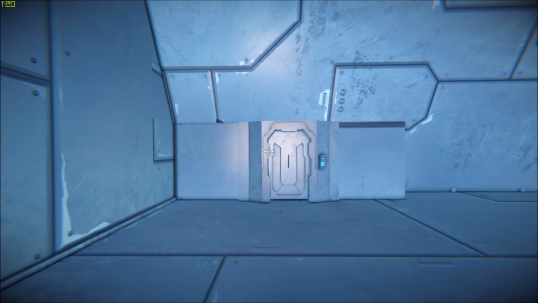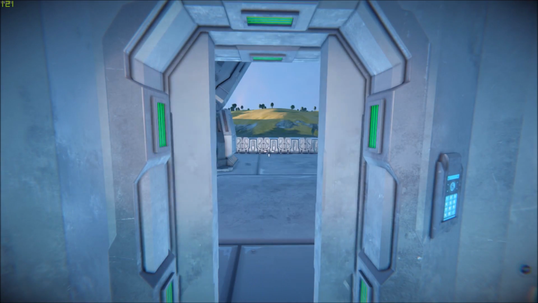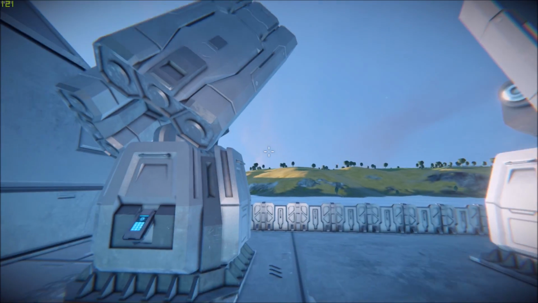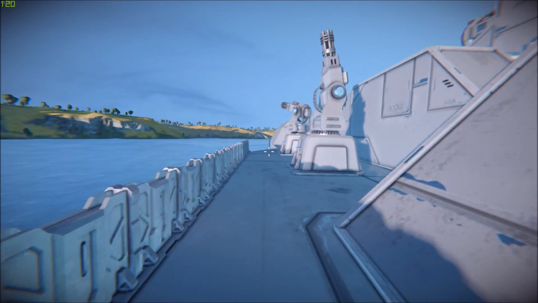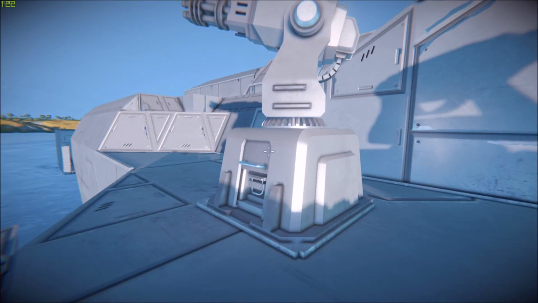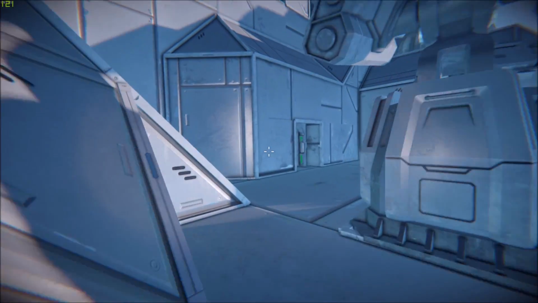Now, there is a door on both sides to access so that you can not necessarily come into the ship, but go out if you have to repair your guns because they were shot or something, and you can come out here and repair your guns. Now, going back inside here,